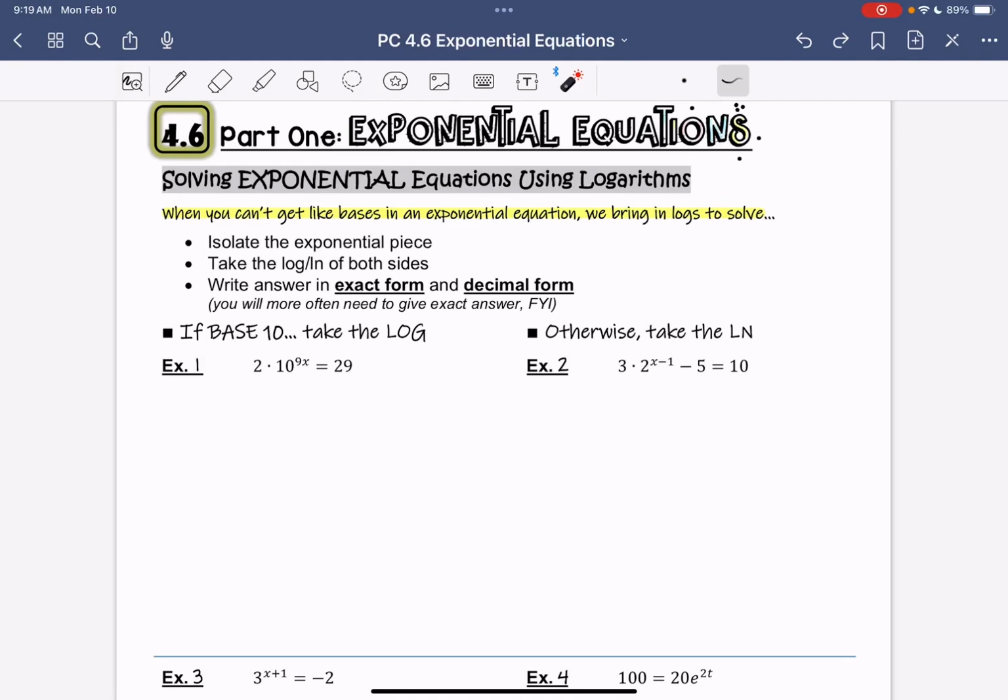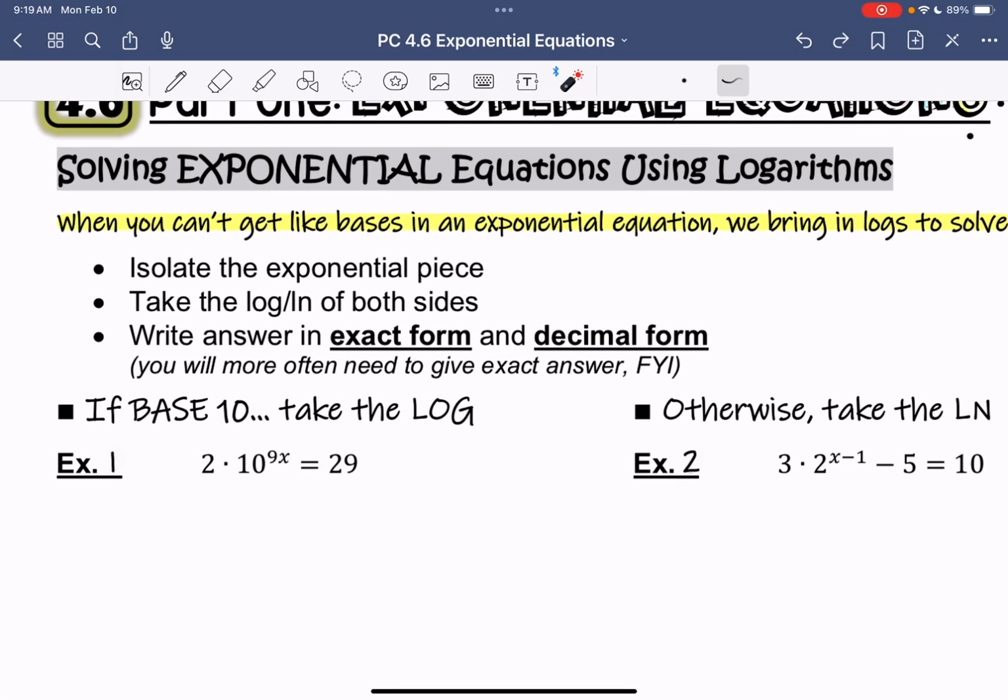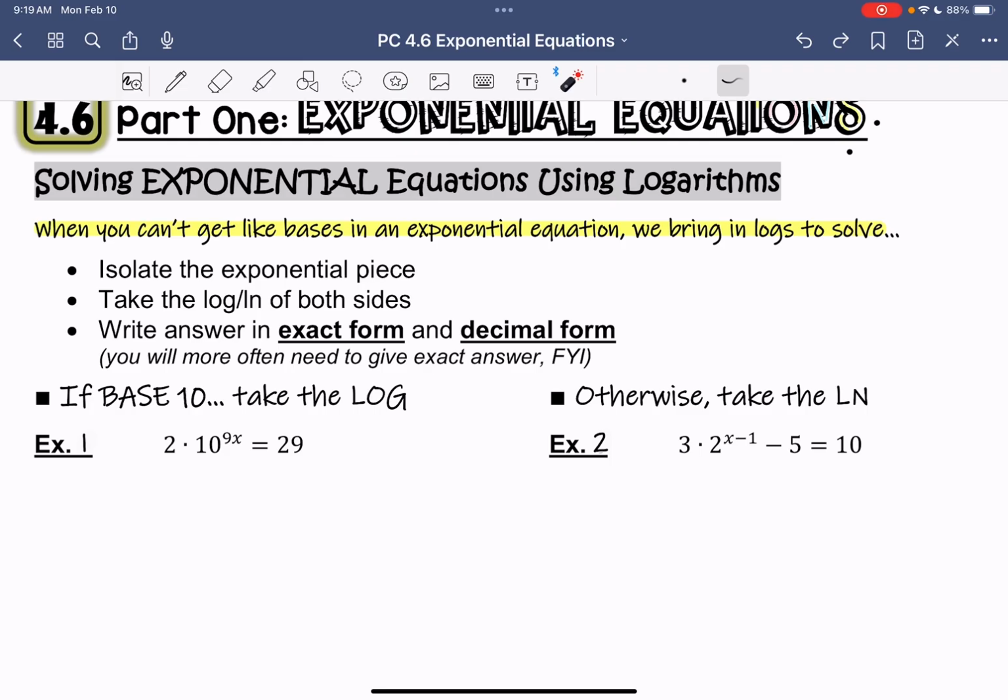All right, in today's lesson, we will be learning how to solve exponential equations using logarithms. You solved exponential equations using logarithms in Integrated 3. We're going to add a few new types, and so first we'll review some things you may have seen in a previous course. Okay, so when we can't solve by getting like bases, we want to first isolate your exponential